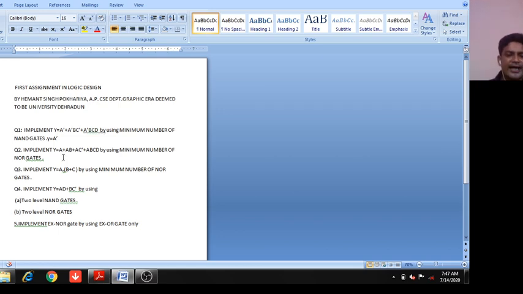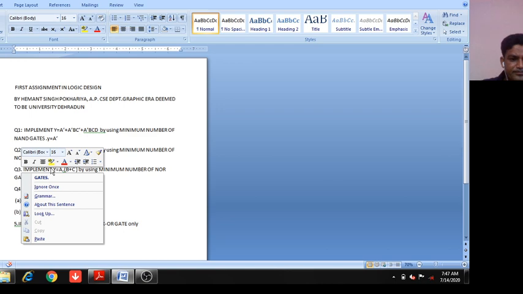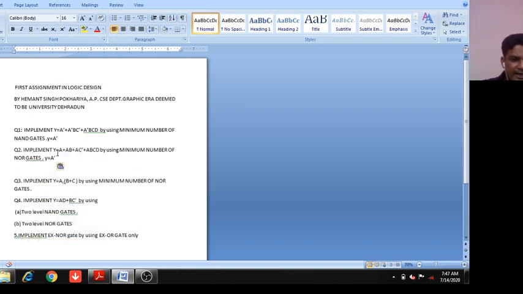In case of this, again take A common, so A plus something is again A. So in this case Y equals what? Y equals A. Take A common, so Y equals A. So you have to remember, in this case 0 NOR gates are required. You do not need to implement it by 2 NOR gates, because minimum means minimum. Minimum is always 0. So Y equals only one line is required.